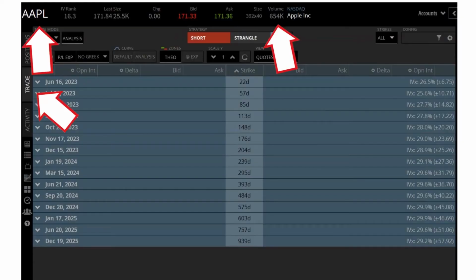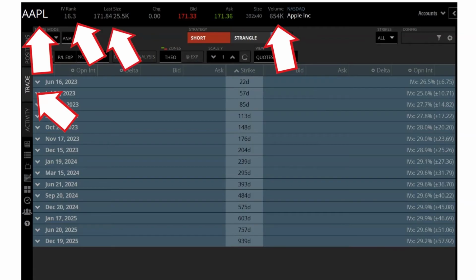leg. We see the IV rank is 16. We are currently in a low IV environment, so that's not horrible. The higher the better, because then we collect more premium when selling options, which is what we want to do to consistently make profits over time. The stock price is currently 171, and if we click on the far right, we can open up some more